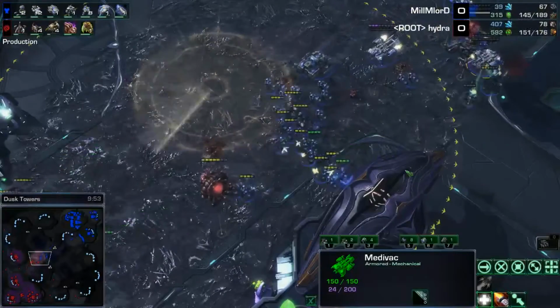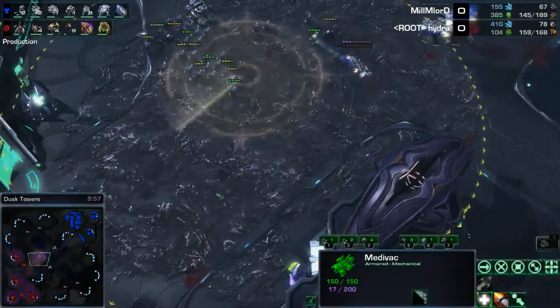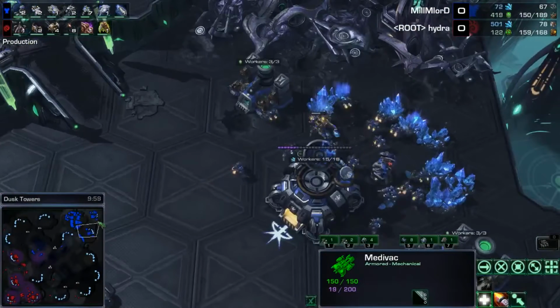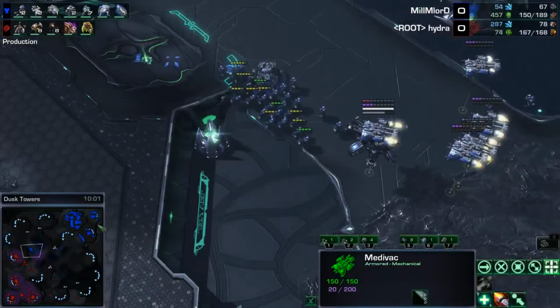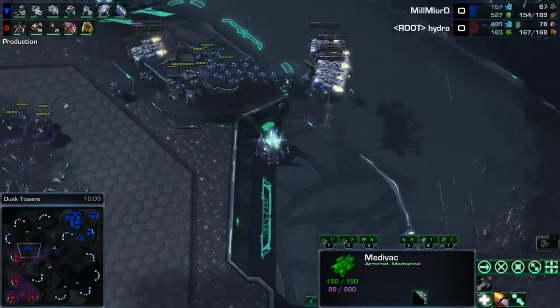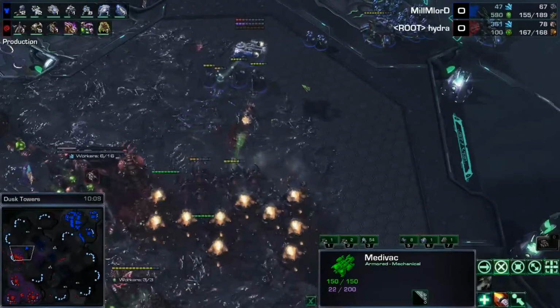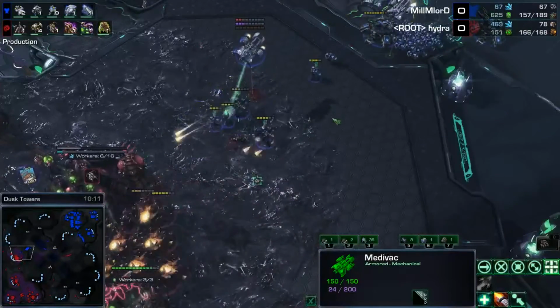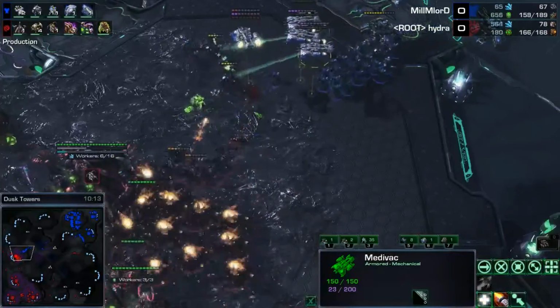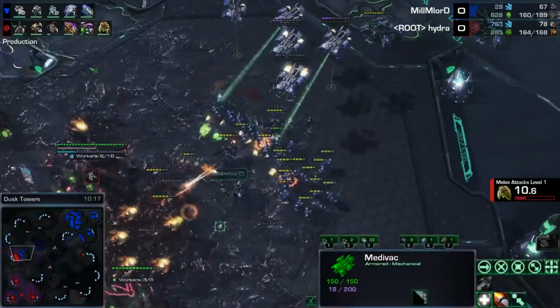And right now, MarineLord's production is just absolutely ridiculous. Yes, like I said, he is technically behind in terms of economy, but his army just hits so much harder right now, and it's going to hit so much harder in about 15 seconds, maybe 20, when this +2/+2 finishes. I think right now he's just trying to bide his time. Hydra getting centrifugal hooks, trying to use some banelings as well. Melee attack's about to finish, along with